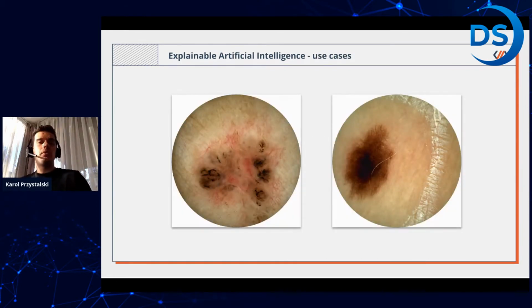So here I have two examples. Some of you might not know which one is actually a cancer or not. So this one here is not a cancer, or it's not a cancer yet. And this one is a cancer. I've been studying for 15 years now, so I can just take a look at the image and I know if it's a cancer or not. There are some specific patterns here.